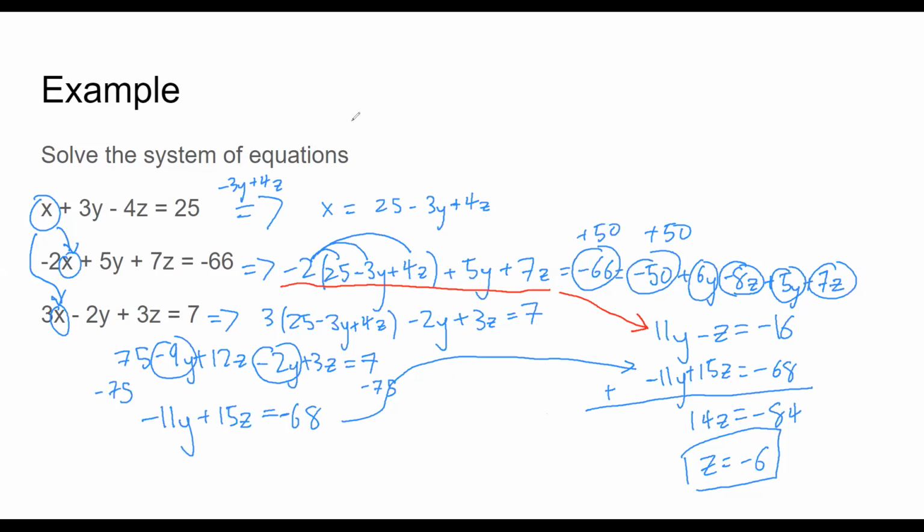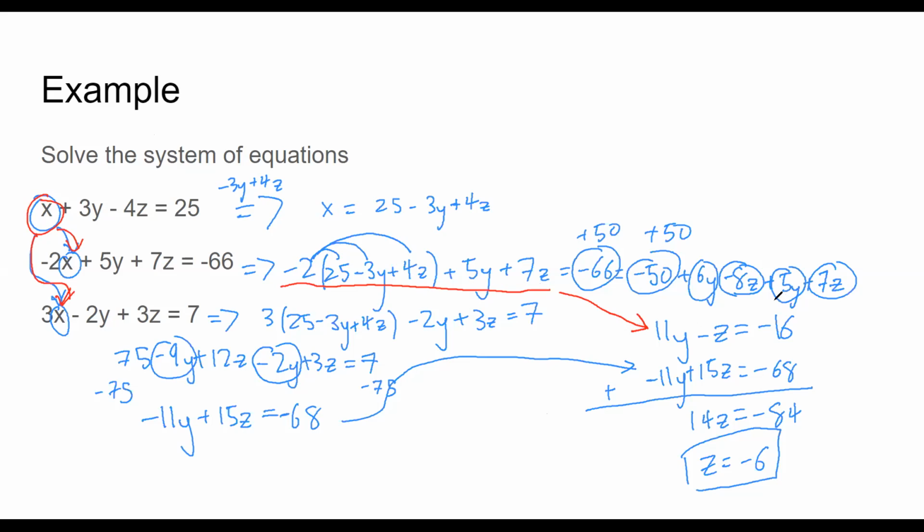So what we did here, I'll just go over it again. Solve for x, and then plug it into the other two equations, which we did here. Then we simplify the 2 equations, and you're left with a system of only 2 equations. So we turn a system of 3 equations into a system of 2 equations, and then we can solve that